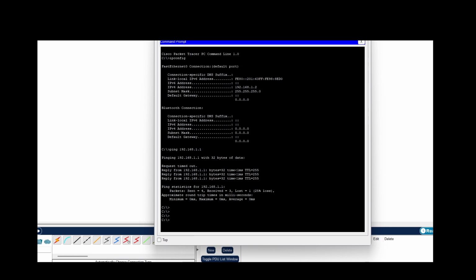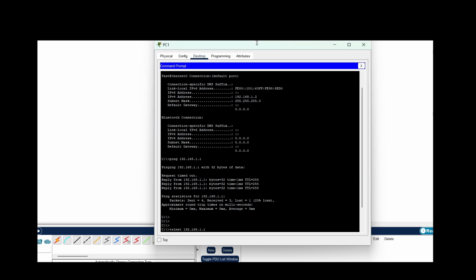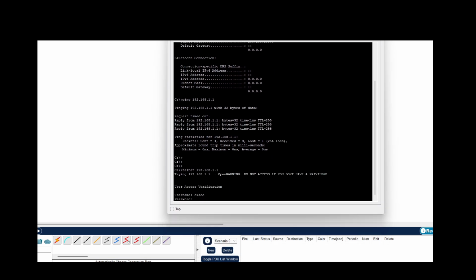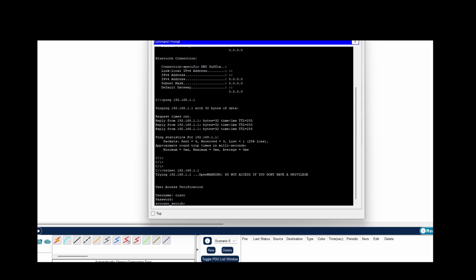So telnet and the IP. Telnet 192.168.1.1. It's prompting me for my credentials. The ones that we've created would be Cisco and admin. So from our PC, from our work machine, we're now able to configure the Cisco device from our personal machine. Again, the main reason why we have to do this initial configuration, even in the real setup,